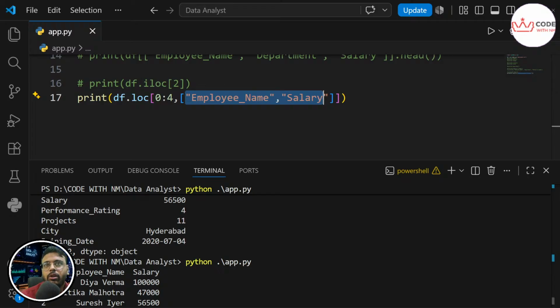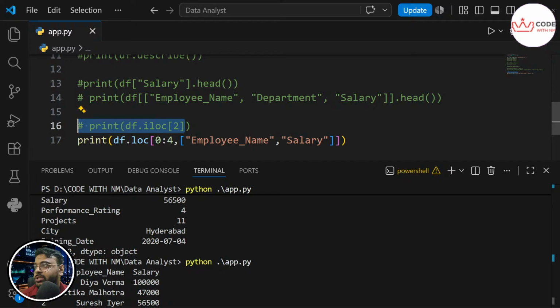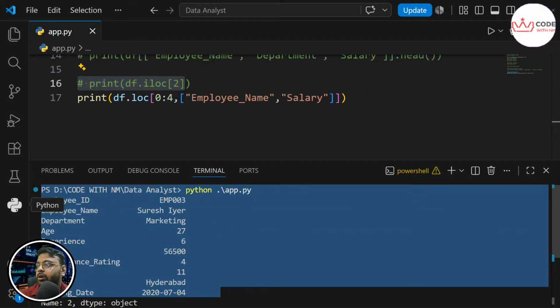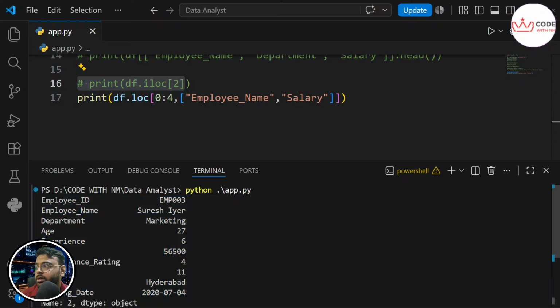Why is this used now? Loc. This is how analysts build focused, filtered mini reports. Example: show me just name and salary for the first 5 employees. This is how you can do it, directly by referencing column names, which is far more readable than remembering column positions. In iloc, you need to remember column positions. Here it printed all the data, but if you are only interested in the employee name and their age, then you need to remember the employee name column index, so it is second, and then the age index.